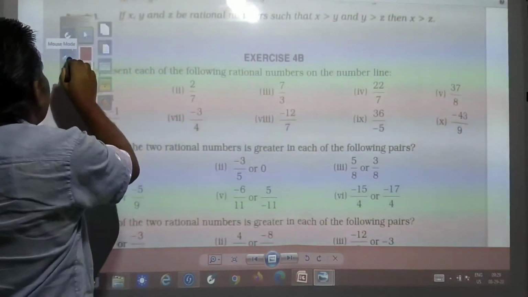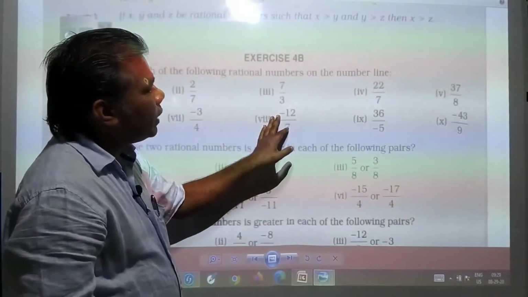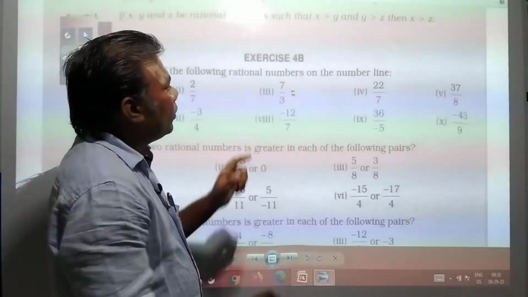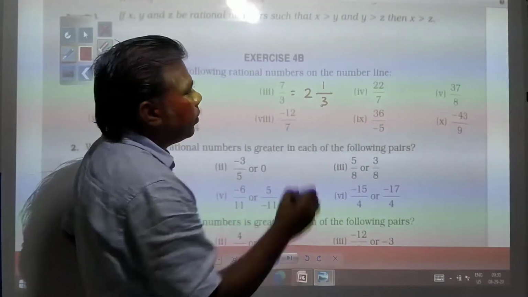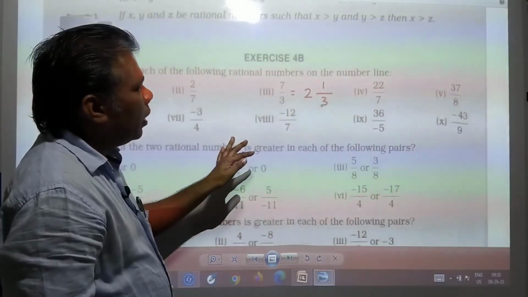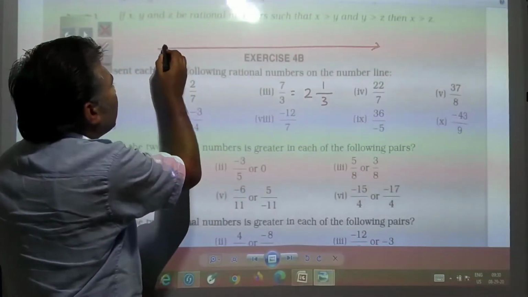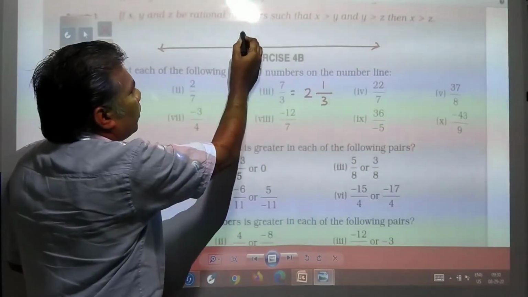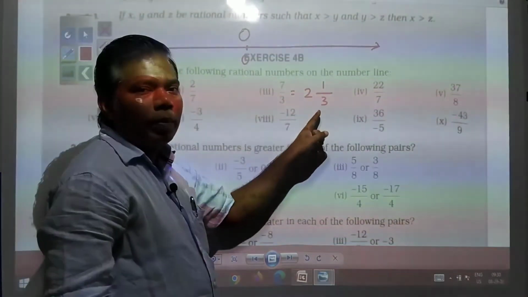Next you see you have 7 by 3. So if an improper fraction is there, this is required to be converted into a mixed fraction. So 7 by 3 means 3 twos are 6 and 1 by 3. 2 whole 1 by 3. Now if you remember how I had told you, again a number line is required to be taken like this. Any point you fix, this number starts with 0, name it O. Now here you have 2 whole 1 by 3.